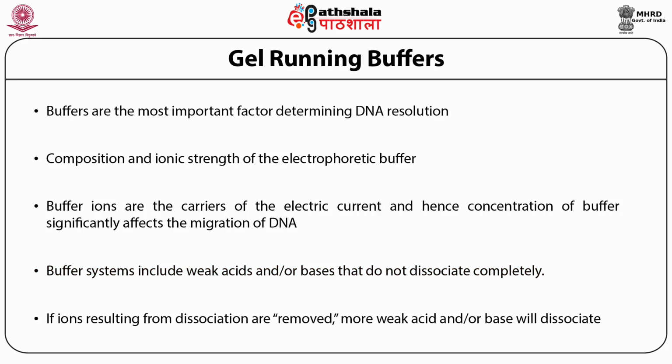The buffers used provide ions to carry the current and maintain the pH at a relatively constant value. There are a number of buffers used for electrophoresis, but the most commonly used buffers are Tris acetate EDTA, also called TAE, Tris borate EDTA, also called TBE, and Tris phosphate EDTA, also called TPE. These buffers are usually made as stock solutions and diluted later. Higher buffer concentrations allow higher conductivity, which can lead to possible temperature problems. To avoid heating problems, high buffer concentrations, if used, should be used in conjunction with constant voltage.